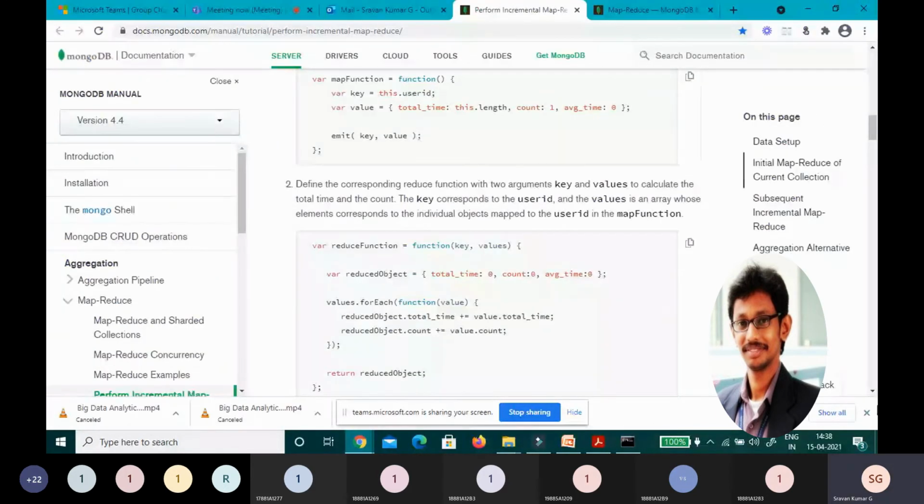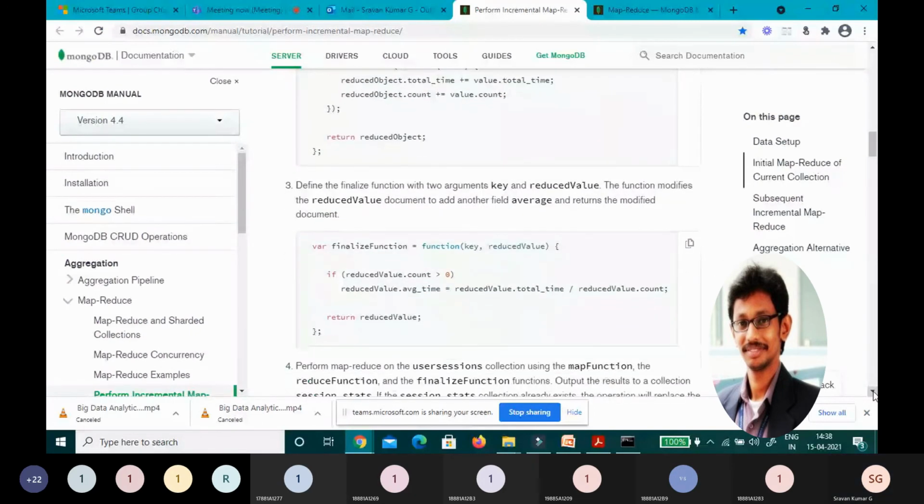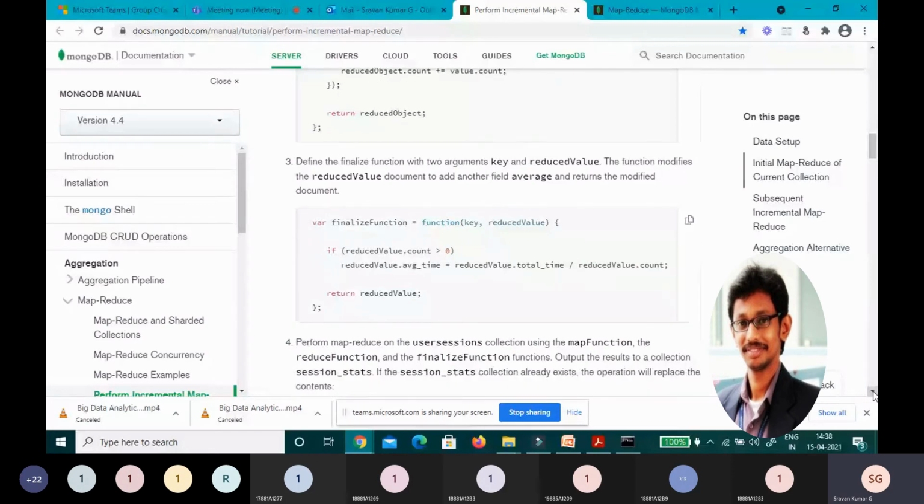Next, I'm going to calculate the average time from the reduced value. See here, average time is equal to reduced value.total time divided by count. Suppose 200 is my reduced value, and the count is 2. 200 by 2 means 100.